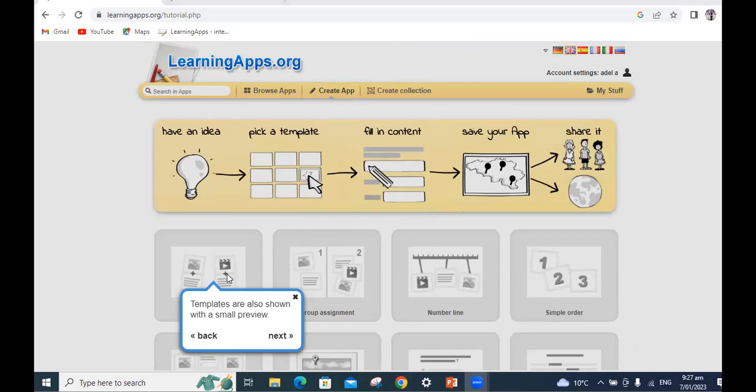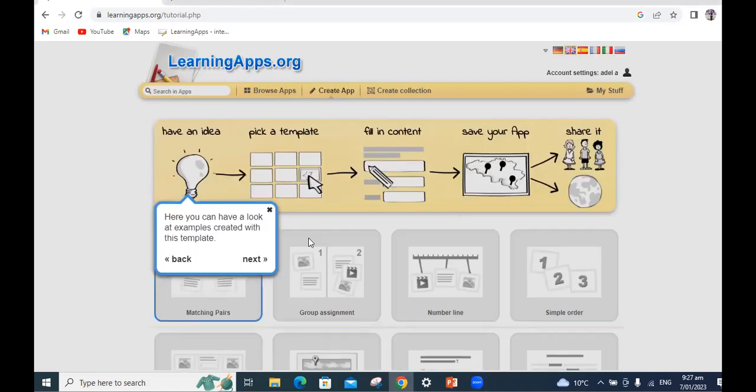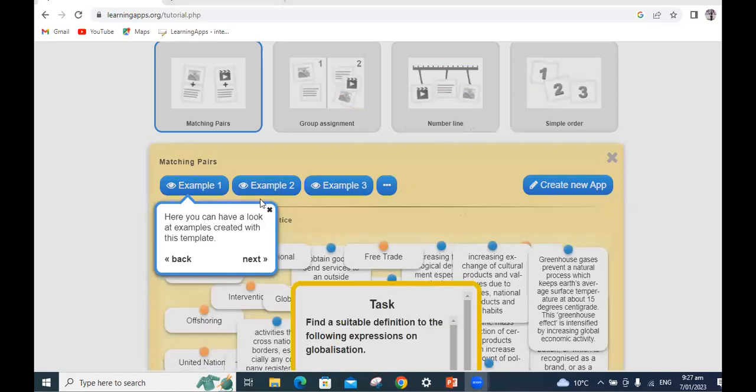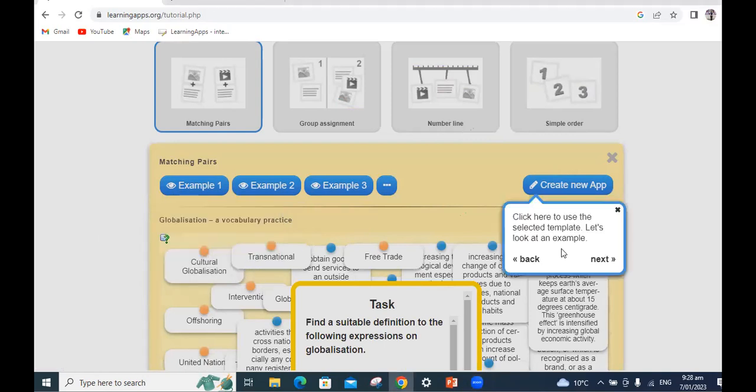Here is, for example, matching, classification, number line, order, simple order in different ways. We'll discover more now. Next, we opened an app already made. If you open any template, you will find 3 or more than 3 examples. Next, create your own app.